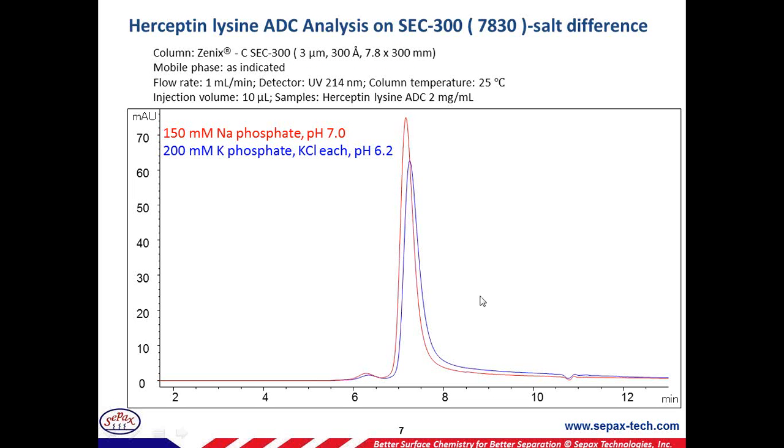All right. So there are also a lot of people who use ADCs. Every sample is different, so you have different salts to minimize the different interactions or keep the molecule happy. So in this case, we have seen some people using potassium phosphate and potassium chloride, 200 millimolar each in some of the separations. For this specific Herceptin lysine ADC, it's actually the 150 millimolar phosphate